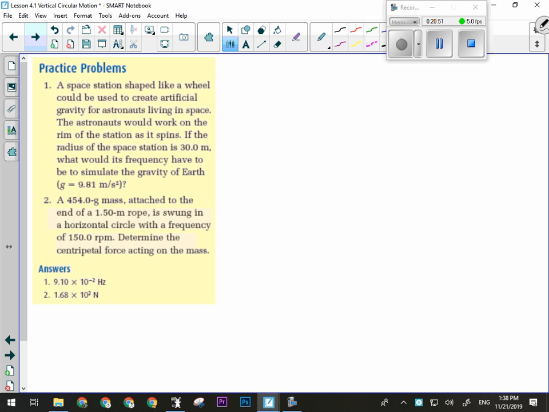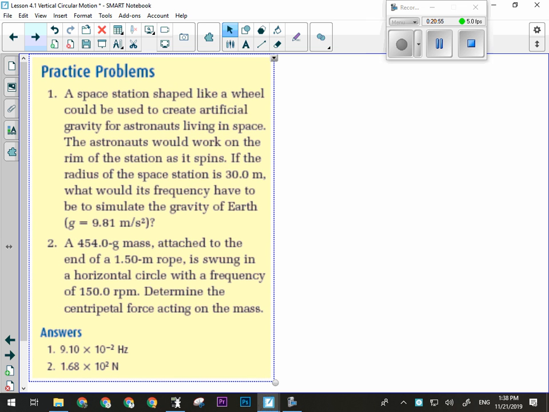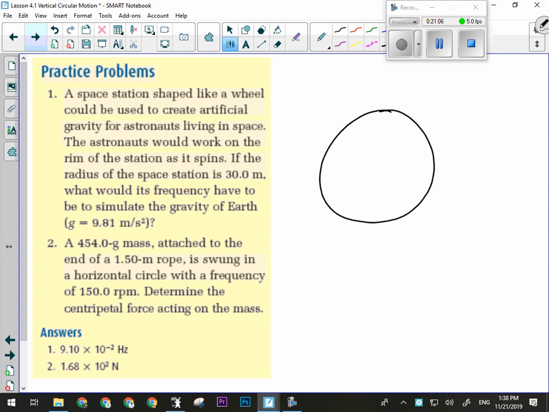See if you remember how to do an artificial gravity question. Question number 1 is an artificial gravity question, not a vertical circular motion question. See if you remember how that artificial gravity stuff works. Quick reminder, in an artificial gravity question, you're dealing with a horizontal circle that is spinning at a